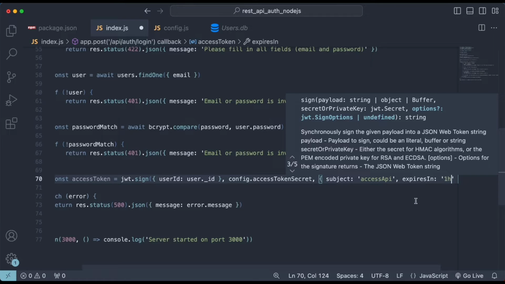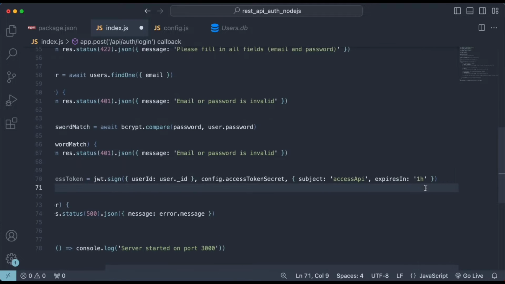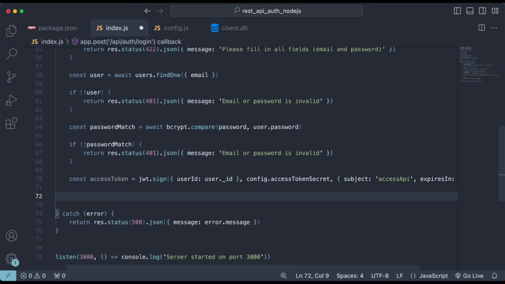Let's just leave 1 hour for our example. Now, if we don't pass the expires in property, the access token will never expire, and that will depend on your API requirements, but it's definitely a good security practice to add the expiration time for the access token. And that's it. All we need to do now is return a response to the client with this access token,